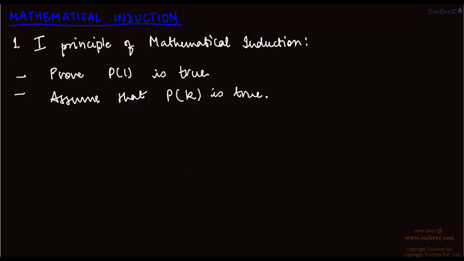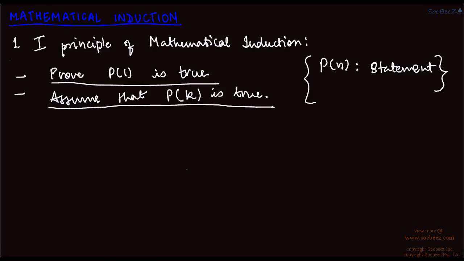First of all, it's given to you that P of n is a statement, and you have to prove that P of 1 is true. You have to assume that P of k is true, whatever statement is given. And then the third one is that, using 1 and 2, you have to prove that